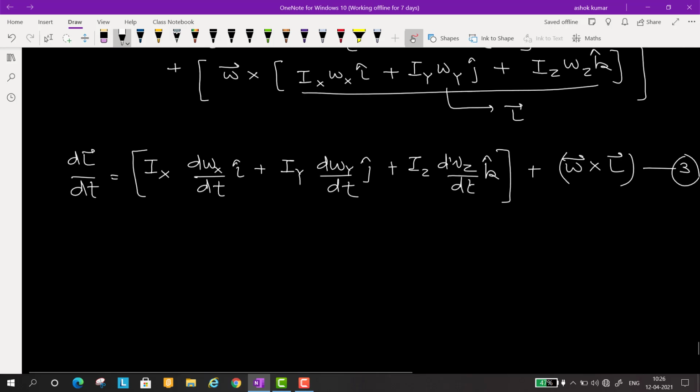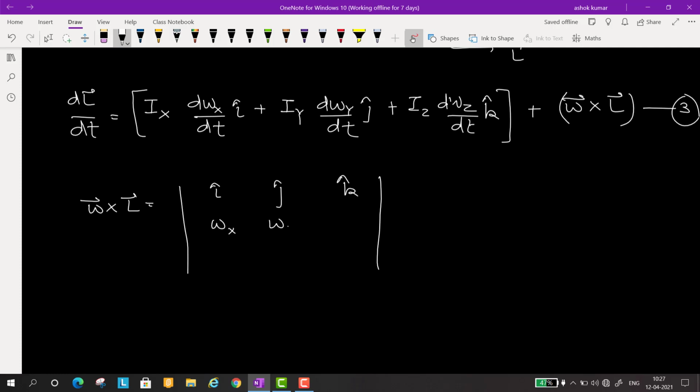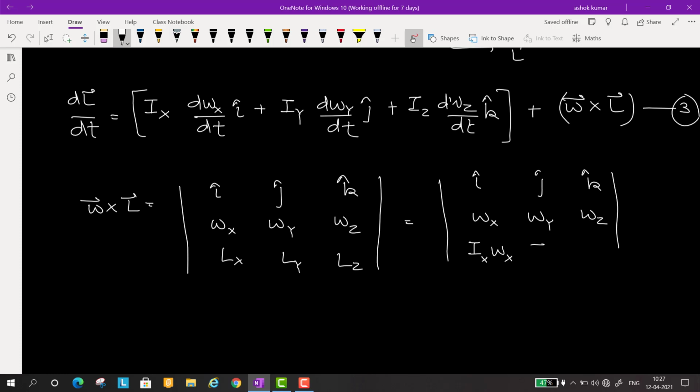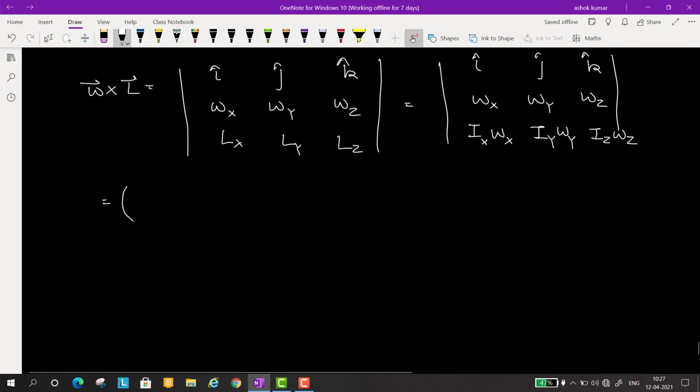So from here we try to find the value of omega cross L. So it is the determinant of i cap, j cap, k cap; omega x, omega y, omega z; Lx, Ly, Lz, that is Ix omega x, Iy omega y, Iz omega z. So when we try to find the cross product,